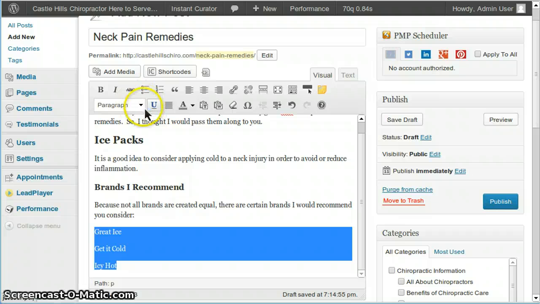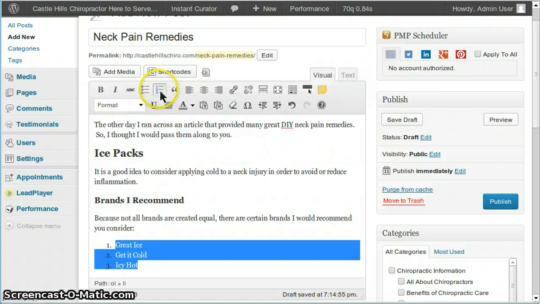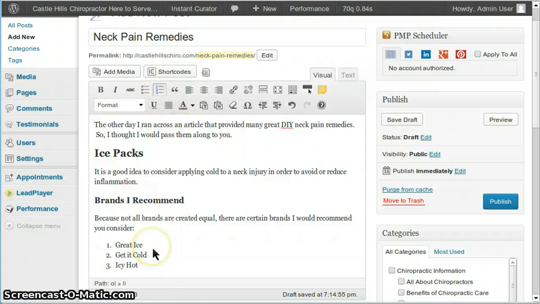So you could then make that an ordered list. So you highlight it and click this button here, creates an ordered list, or you could make it unordered. Okay, so it's just bullet points. All right, let's go back and make it an ordered list. You could then